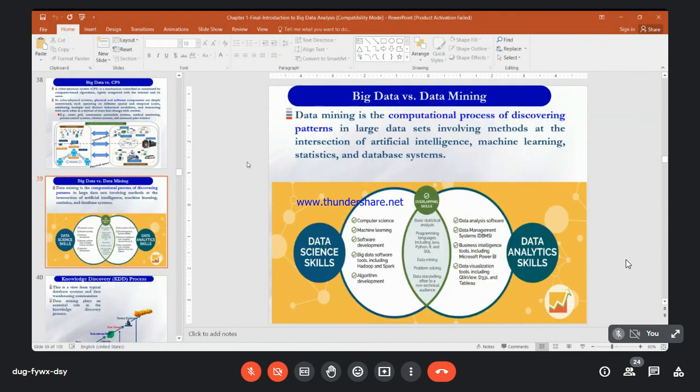Data mining is about small data sets that are analyzed using small devices. But big data is applied for mining data from remote or huge data sets, from unstructured data sets, from different integrated devices. That is data analysis. Data science is applied for big data analysis. So these are the two differences: data mining uses very small data relative to big data.